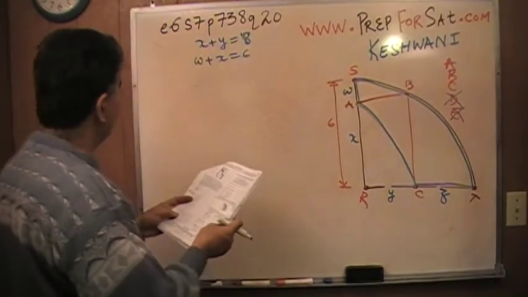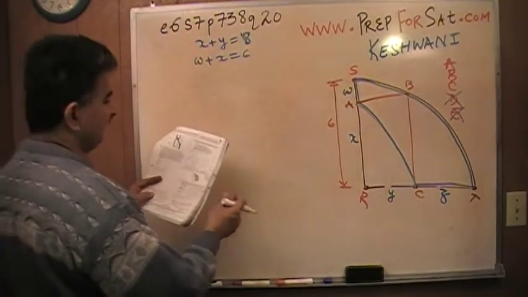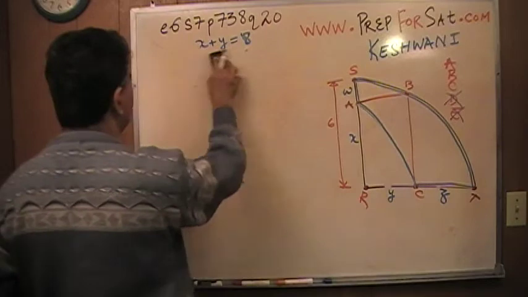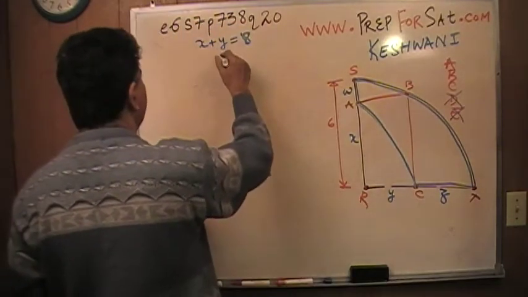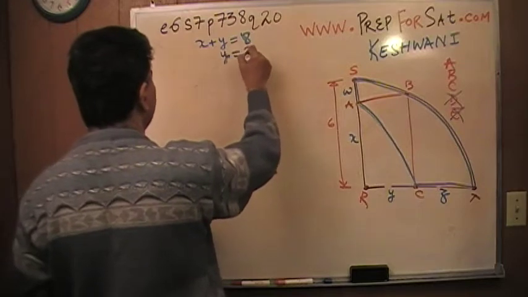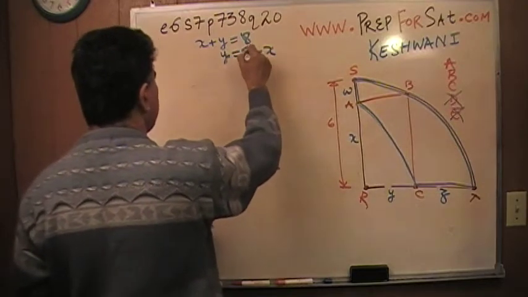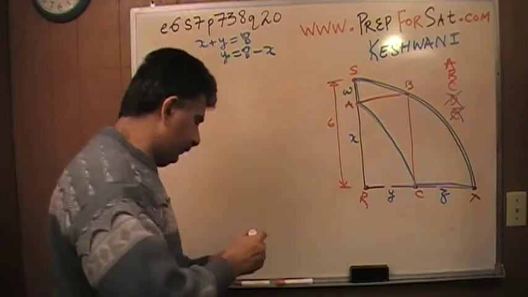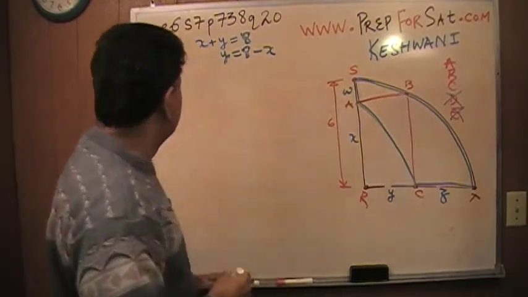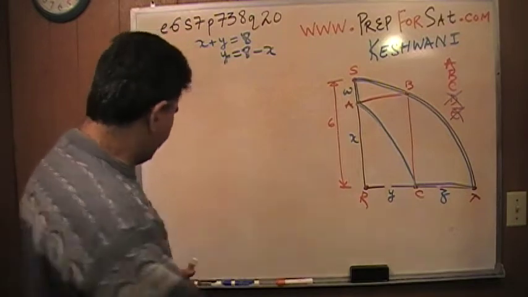I have to pick up some speed. So we know x plus y is 8. Let's continue with that equation first. X plus y is 8, which tells me that y must be 8 minus x. I'm going to keep that there. Second equation I know is